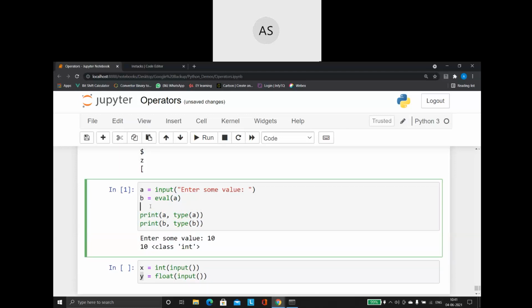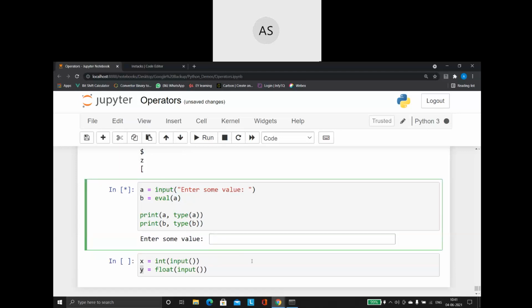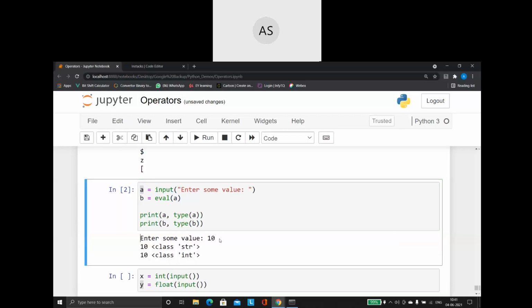Just have a look at this program to understand this better. Instead of doing it all together as in the last program, I am doing this separately for you to understand it a little better. First, you always know what the input function is going to do. It asks the user to enter some value, takes that value and stores it inside the variable in the form of a string. That will never change. Suppose I am giving the same value 10. See what happens. It is storing 10 inside a. The first print statement denotes the a value. The value is 10, but the data type is a string.